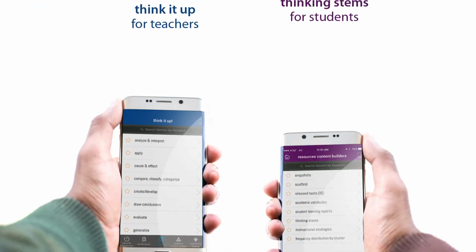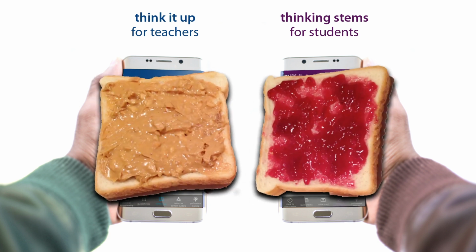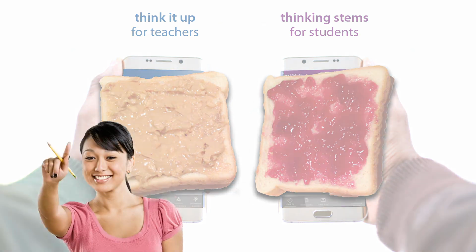To summarize, the Think It Up resource is for the teacher to use in asking students rigorous questions. The Thinking Stems resource is for the students to begin framing responses to these questions orally, in writing, or both. They're like peanut butter and jelly. They totally go together. We suggest that teachers pose the question and then allow students access to the thinking stems